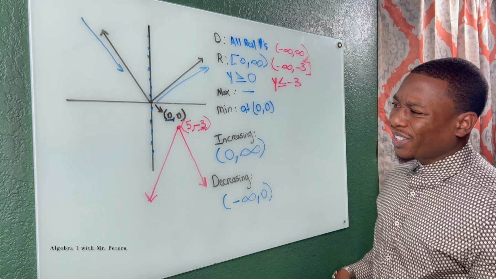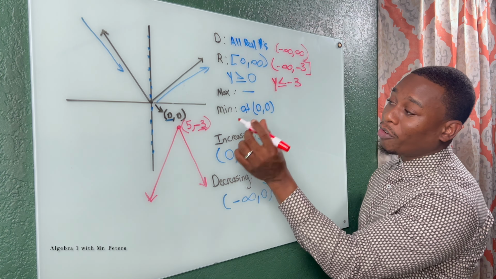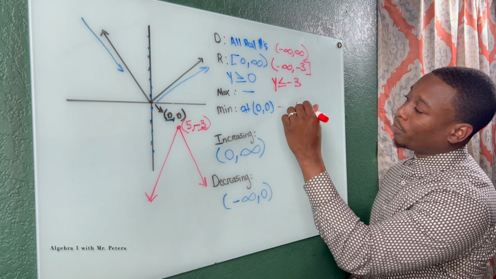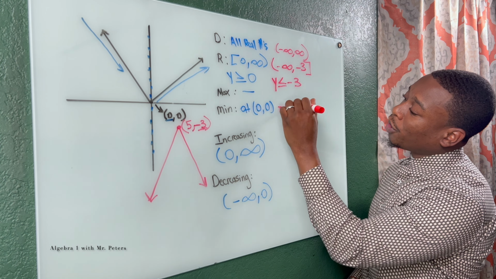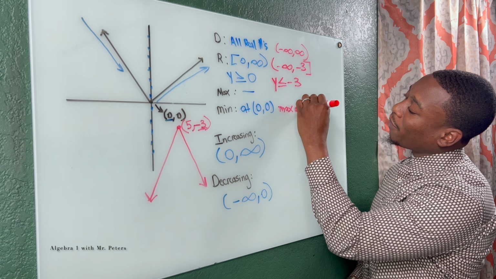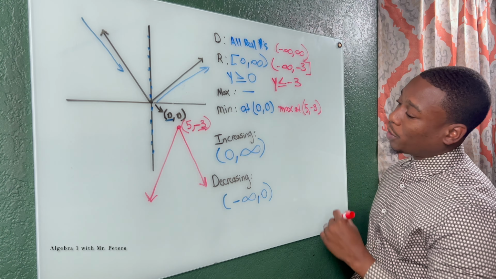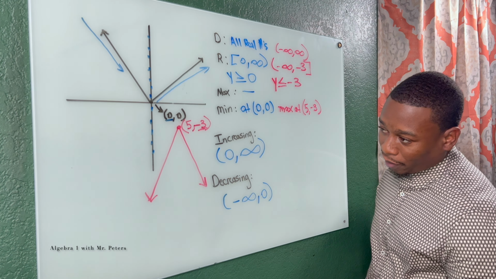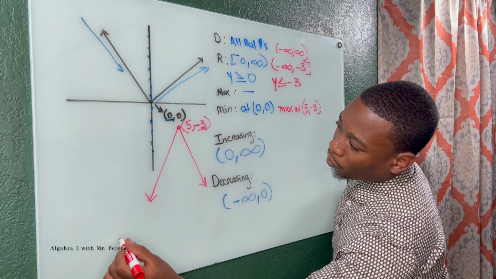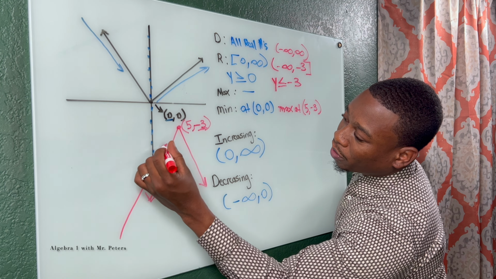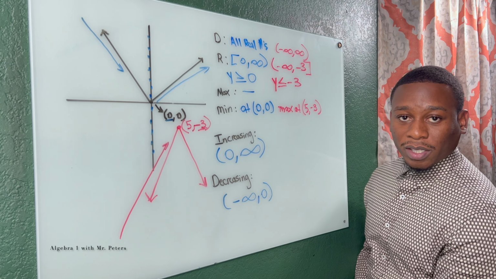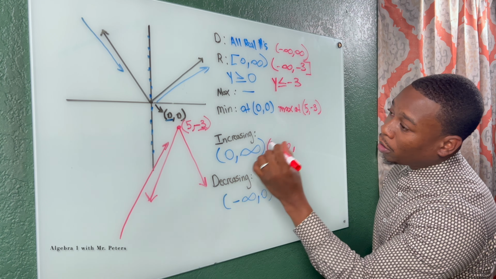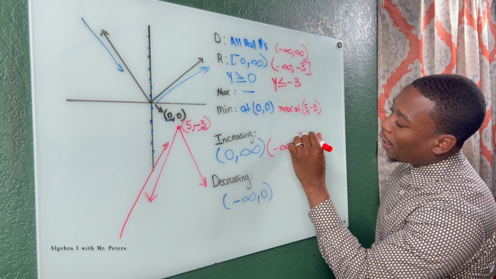maximum and minimum. And like I said, now we don't have a minimum because this opens down instead of up. So my maximum would occur at 5, -3. Our vertex is now the maximum. And when we get over to the intervals of increasing and decreasing, let's think about it, right? So we're coming from negative infinity, we're going up to our vertex. What is happening to these y's? They are increasing. So we know we're increasing when we're coming from negative infinity all the way up to 5,